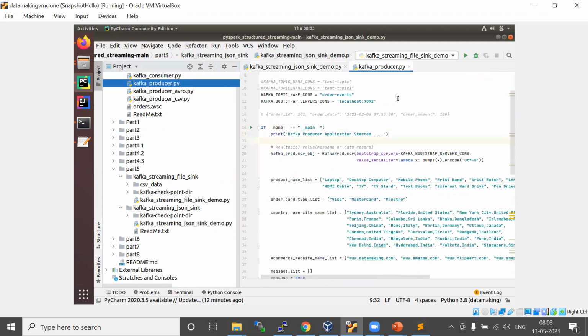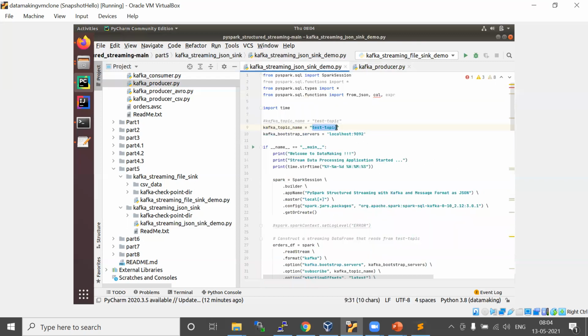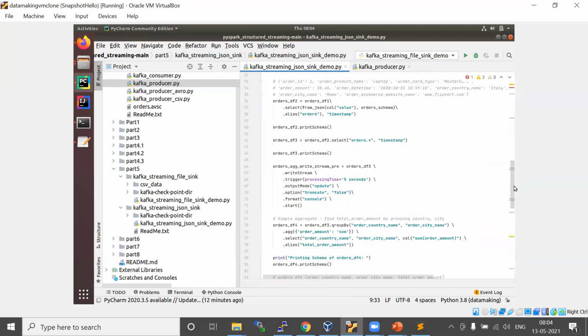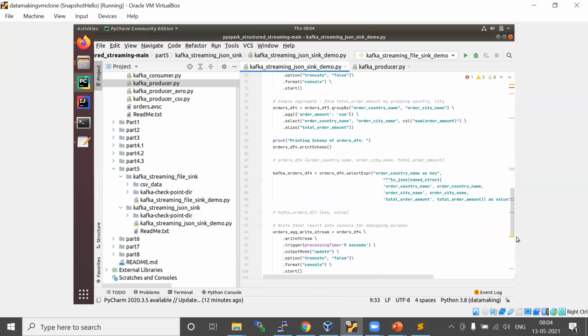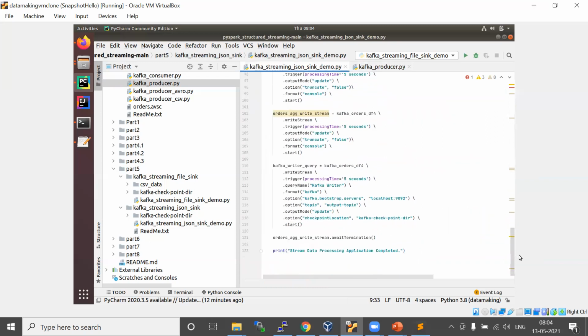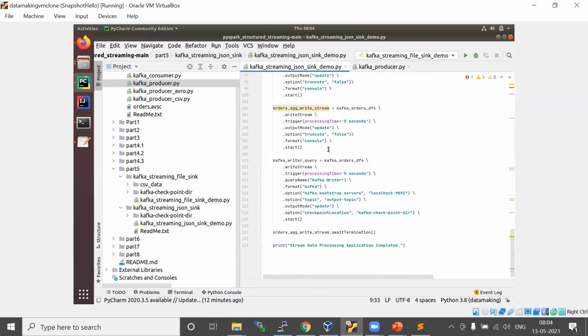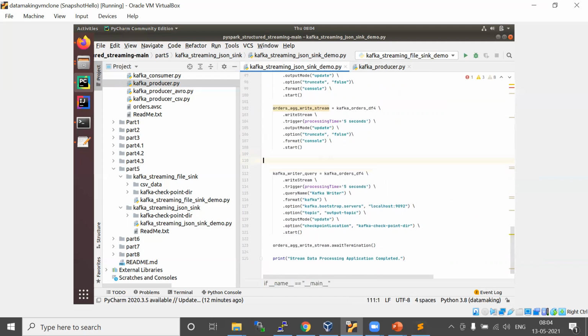So order events we will read. The aggregate data we'll write into a different topic. Instead of the console sink, we'll write into order product. The output topic I just hard coded here itself, as the output Kafka topic.